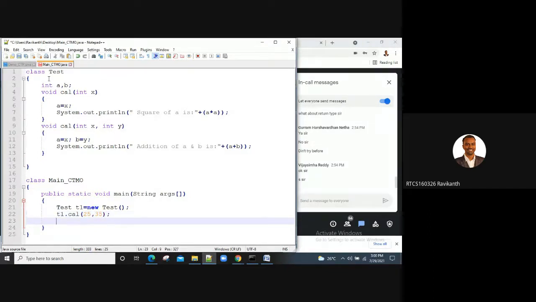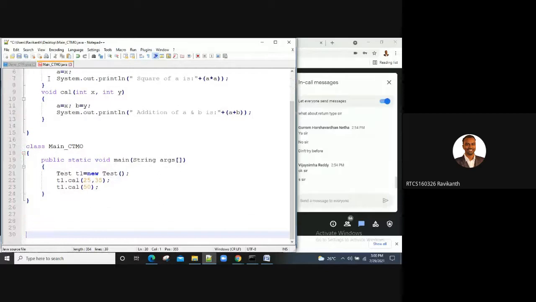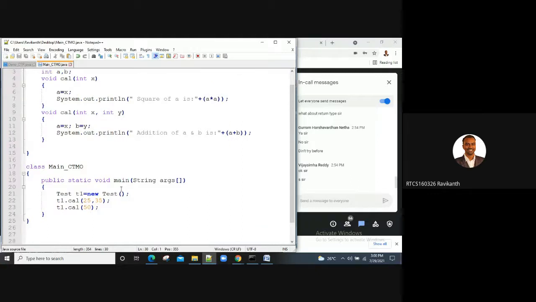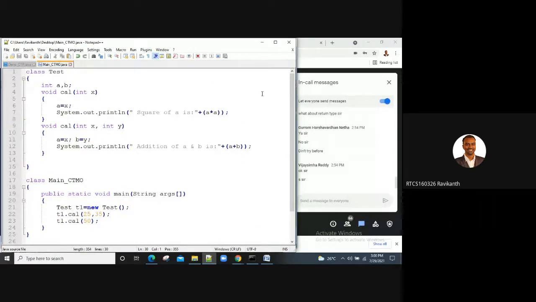Then t1.cal of 50. So when I say t1.cal of 25 comma 35, which method is going to be called, and t1.cal of 50, which method is going to be called, and what would be the result?